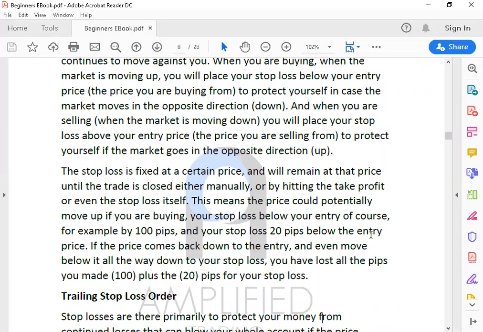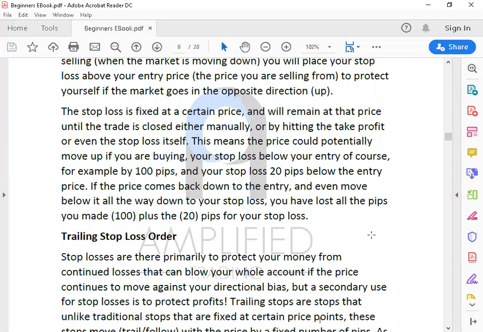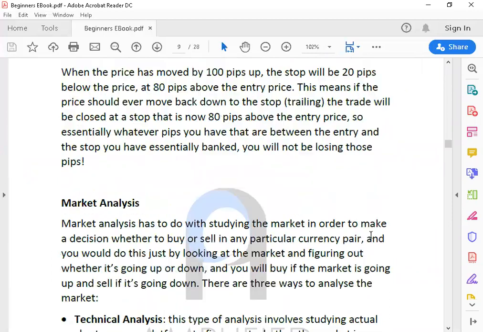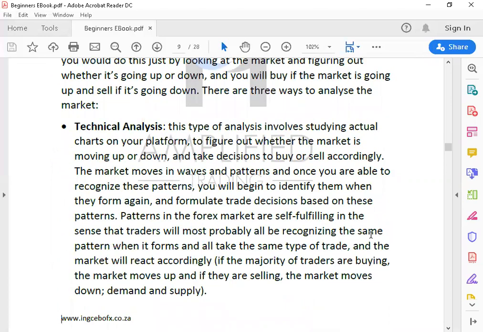Okay, I know we'll look into that a bit further down the line, but I just wanted to get that out there. Okay, we've done the trailing stop as well, which is also an important stop order, and which if used appropriately can maximize your profits, and if used incorrectly, will minimize the profits that